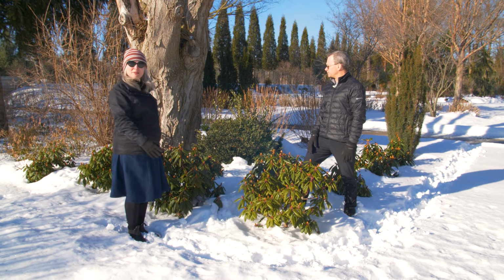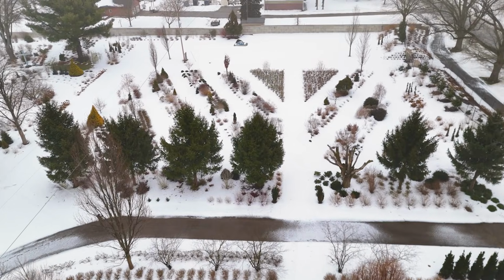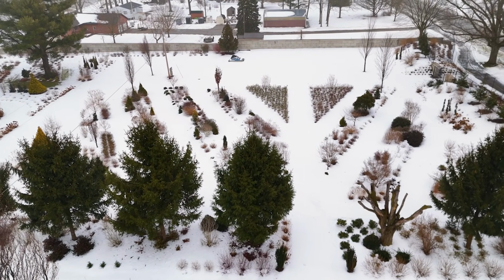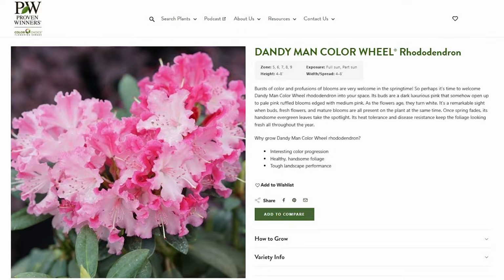For sure. So these are protected more. This is facing the east, so they're getting eastern sun, much more protected from the west and the north. Exactly. But as you've seen in other videos, I think we actually featured these plants in one of our earlier garden tours this year. This is a good spot for them. But rhododendrons are definitely one of those plants that your mileage may vary depending on how you site it. So it pays to think long and hard about what's the best place for a rhododendron. But if you have it in the right spot, they are so worth it, as you'll see when this thing's in